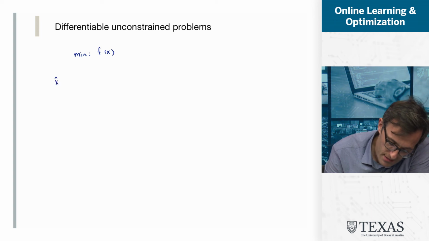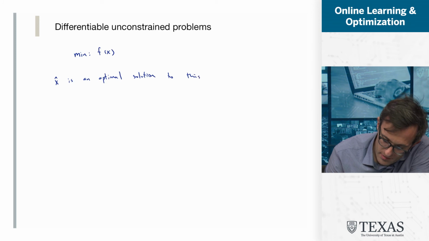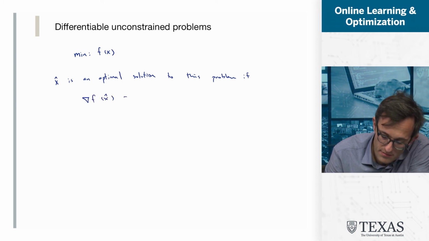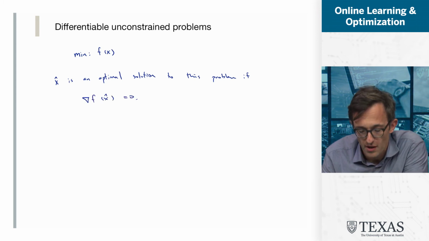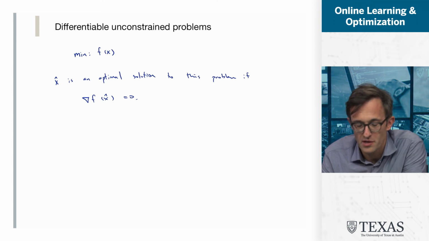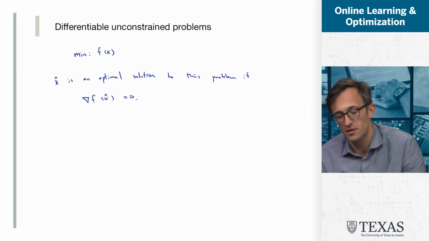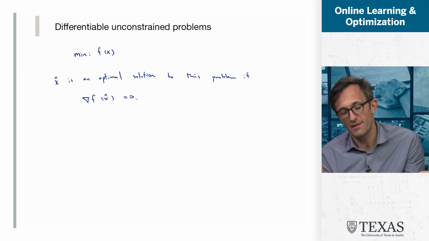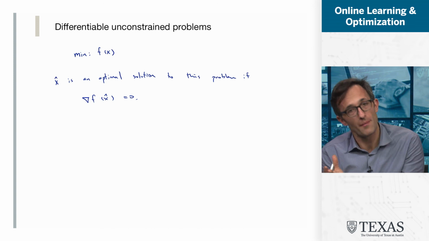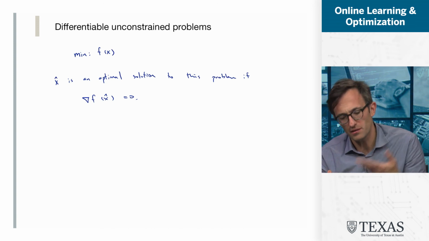So x hat is an optimal solution to this problem if the gradient of f at x hat is equal to 0. Simple enough. We can see that this is the case either just by reasoning it out, so maybe in high school you proved it, or probably you just said that the derivative being equal to 0 means it's flat, and that must be a minimum point. But we can just directly